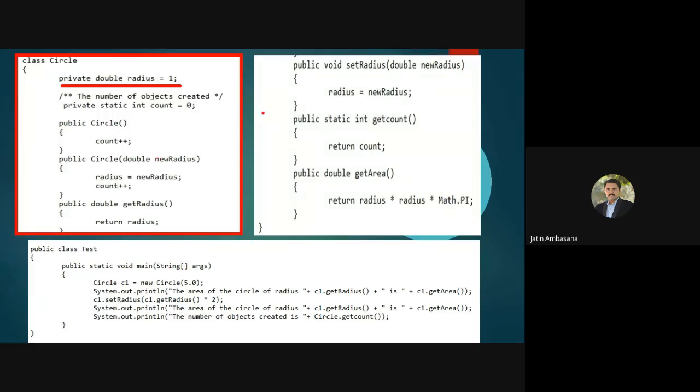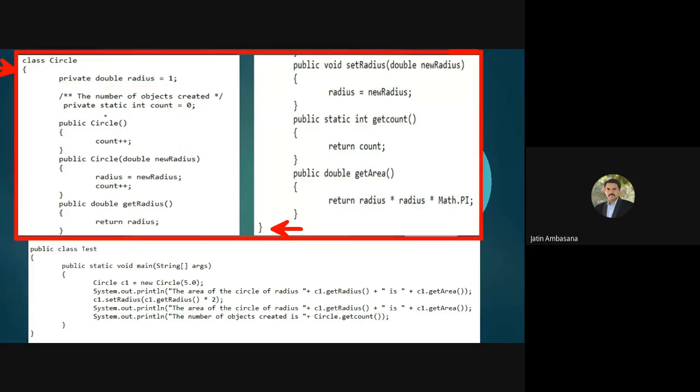Then what we will do is we will provide a setter method. So check this out. This is the scope, this is the whole class. Here it starts and here it ends. It defines a private double variable called radius.